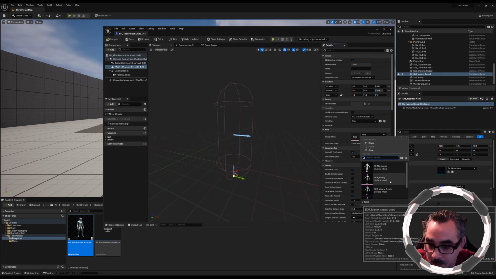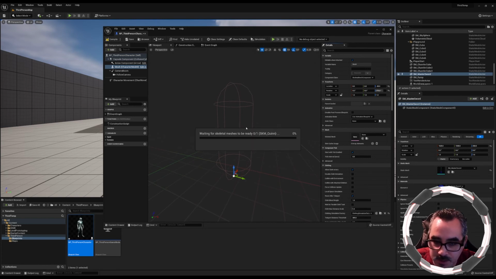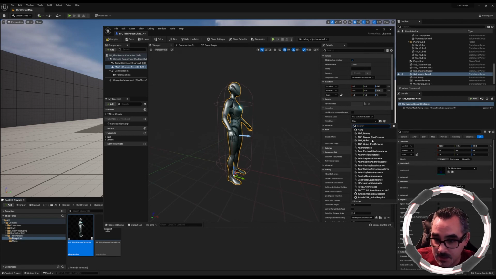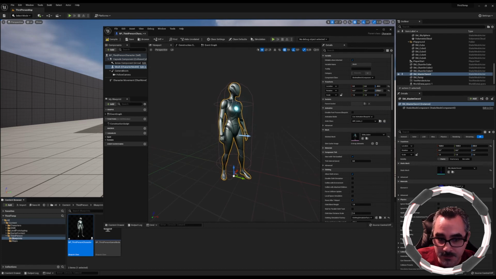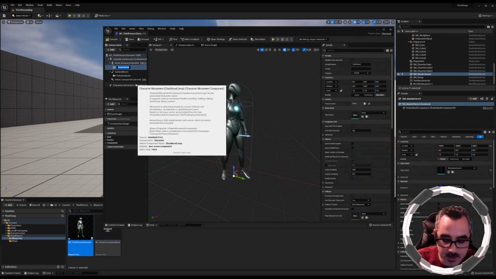Oh, it's not nice, but it was Queen, right? So I'm going to be selecting Queen, and it's going to take a second to change that, but it's going to be associated here. I can, in fact, and that's what I'm going to be doing, take the master sword and attach that to the character itself. So right now it doesn't know how to place the animation because that thing was removed. So I'm going to select this Queen, and now it's the actual animation for that character. Here I'm going to hit add, and then I'm going to say new static mesh. This is going to be the master, or I'm going to call it weapon just to make it multi-purpose. So weapon,